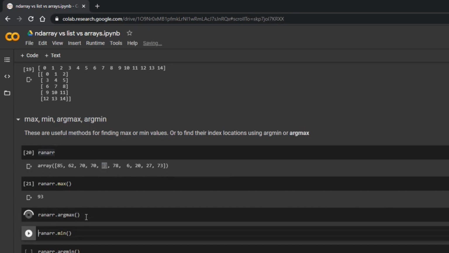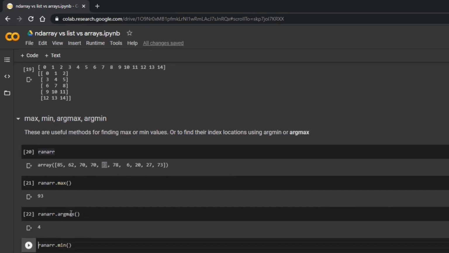Argmax, what is this argmax? It will return the index of the array which holds the maximum value, that is the index of 93. 0, 1, 2, 3, 4, right? So it has returned 4.